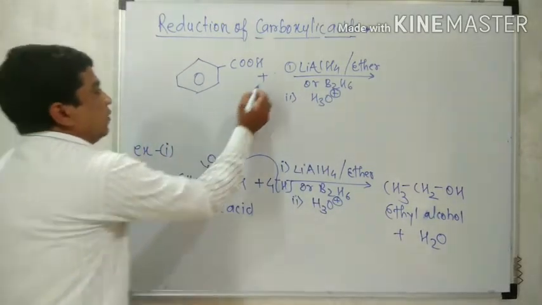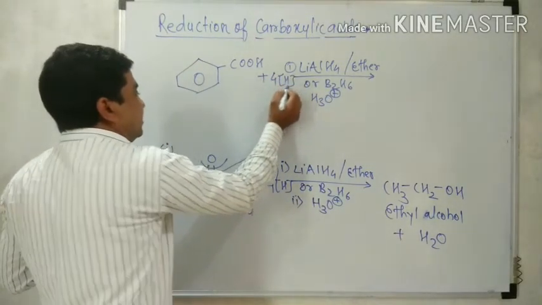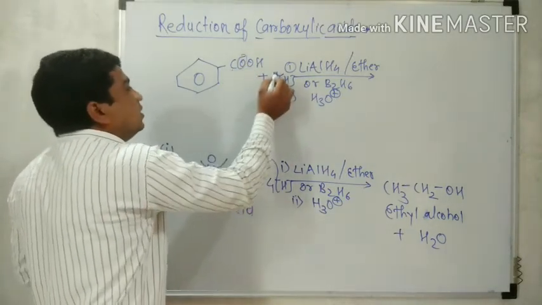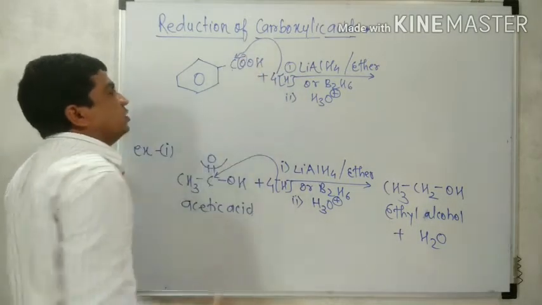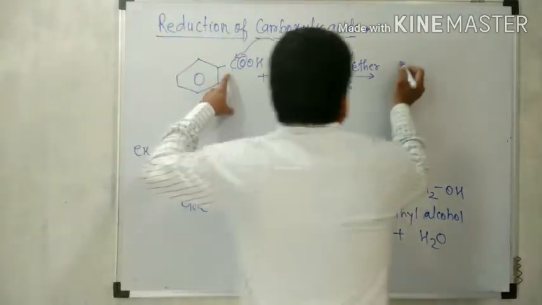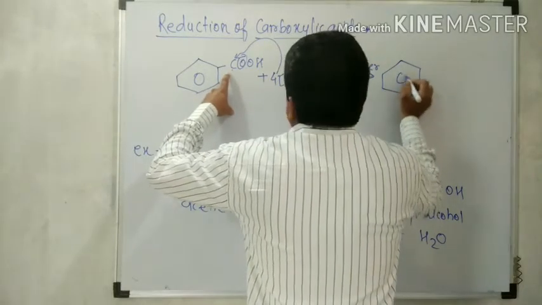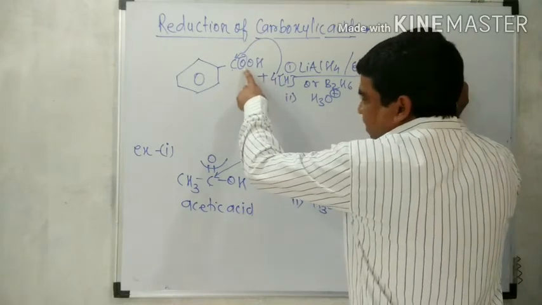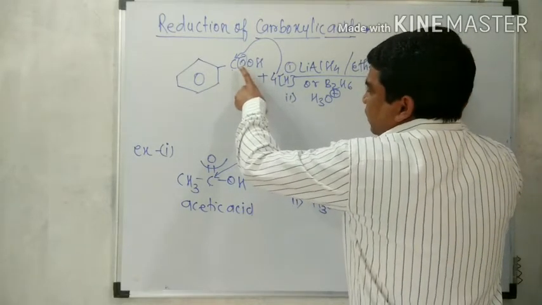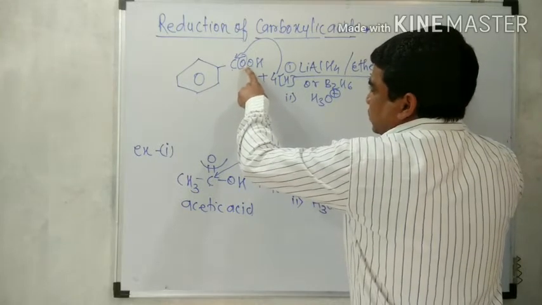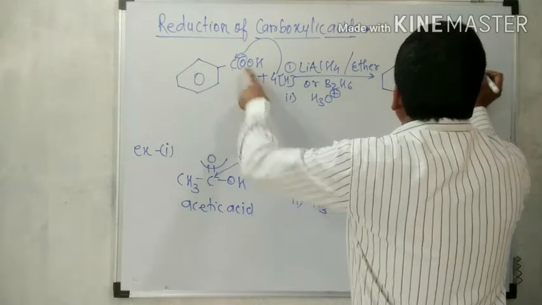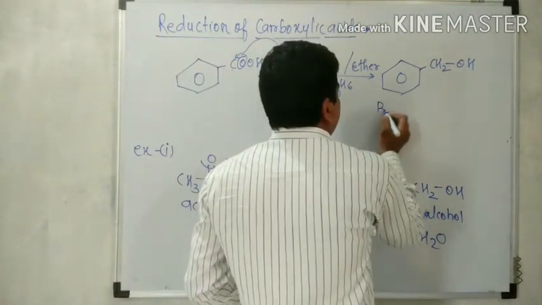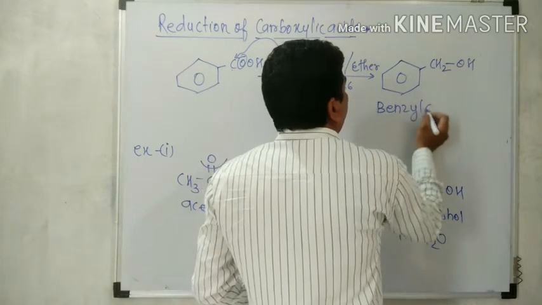So here 4 nascent hydrogen get added in this reaction also. That oxygen gets removed from that carbon. Out of 4, 2 hydrogen atoms get added to the carbon. Here we obtain benzene. That carbon gives 2 hydrogen, therefore it is CH2. That oxygen gets eliminated because this is the C double bond O oxygen. Now here it remains OH. We obtain the structure benzene attached with CH2OH. We know that this is benzyl alcohol in common nature.